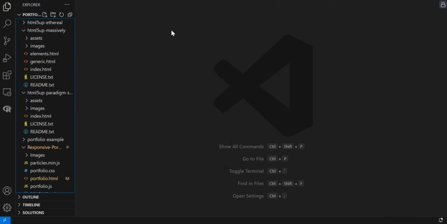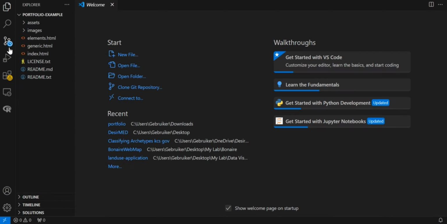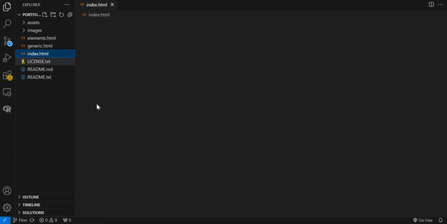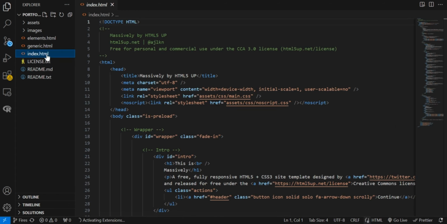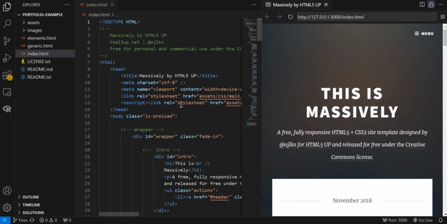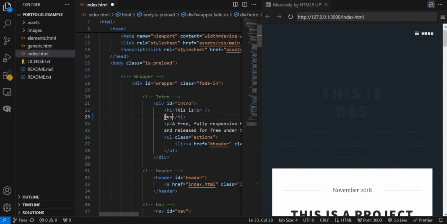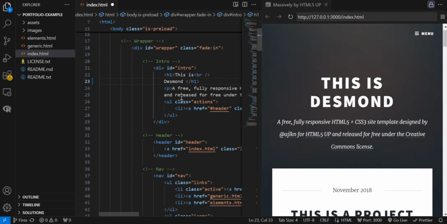I'll open this example over here. So once you open the example, you have the same code. And then you can also use the preview. So let's edit this in a second. So this is this one.